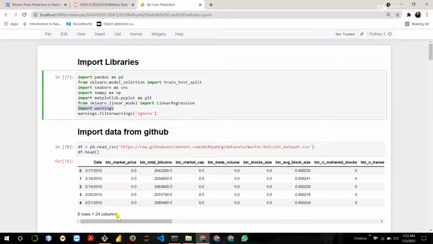Hey guys, in this tutorial we are going to start our new project session on Bitcoin price prediction in machine learning using the linear regression model. This model predicts the price of the Bitcoin on the market basis. So let's start. The basic step is to load all the required libraries,